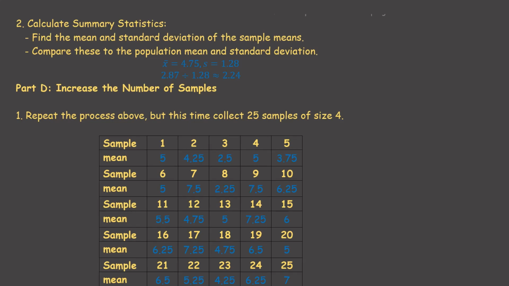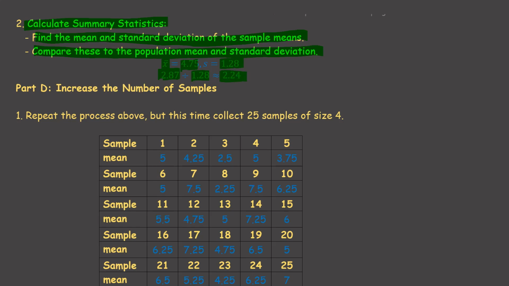Calculate the summary statistics is next. So find the mean and standard deviation of our sample means. Compare these to the population mean and standard deviation. So X bar is 4.75. Standard deviation is 1.28. And the one that's worth doing here is the population standard deviation divided by the